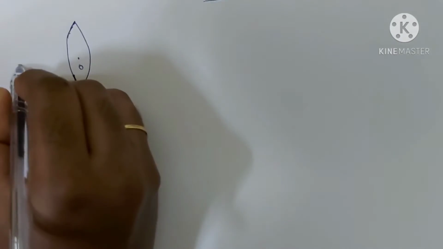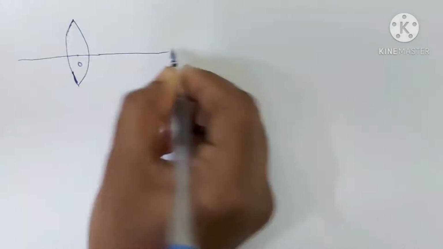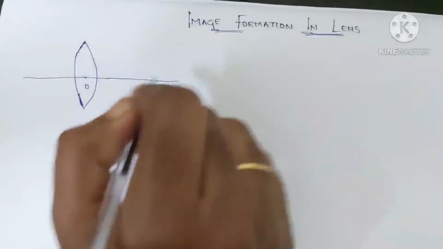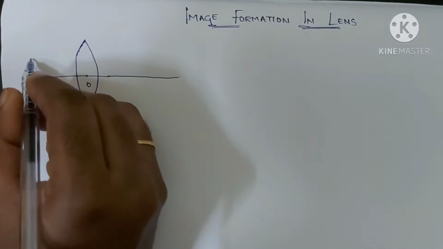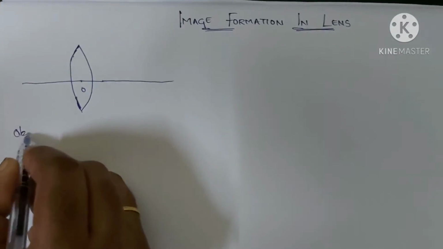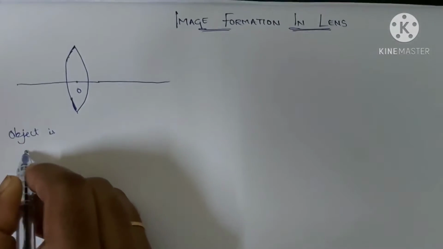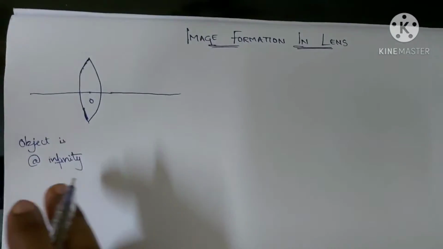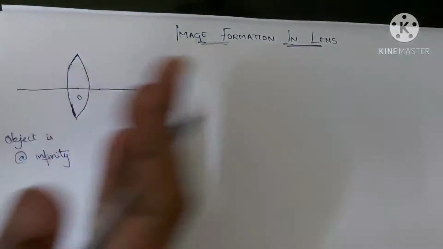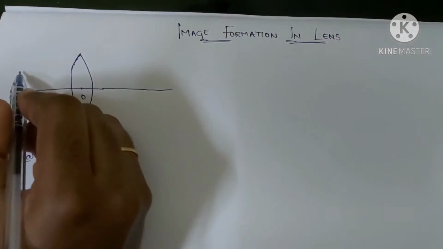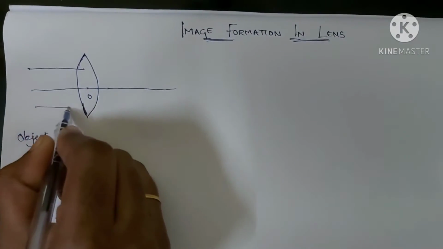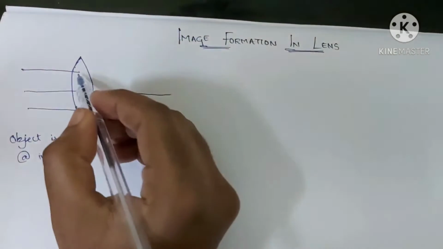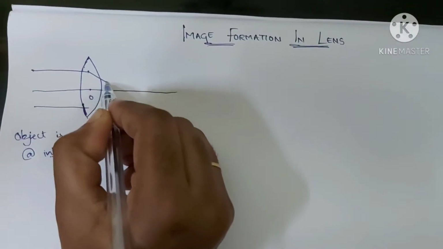Optical center O. The line that is passing through the optical center is called the principal axis. As I'm drawing with my bare hand, it doesn't look like a convex lens. So here, let's take that the object is at infinity. A parallel beam of rays will come from the object, as in from infinity. The rule for refraction in a lens is that if the ray is passing parallel to the principal axis, it will always come to focus at the focal point.